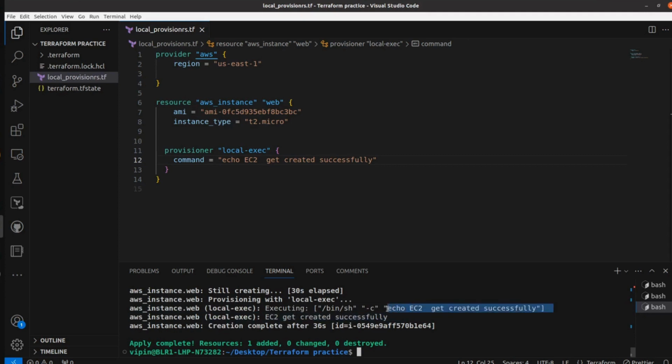So our resources got created successfully, and we wanted to display this message on successful creation of our resources. This one is the first use case.